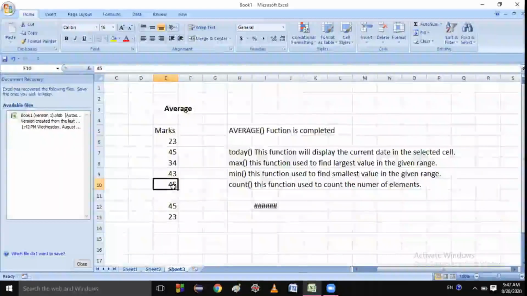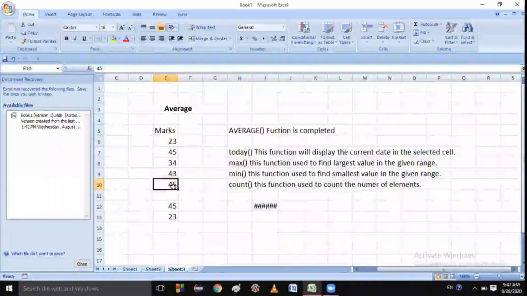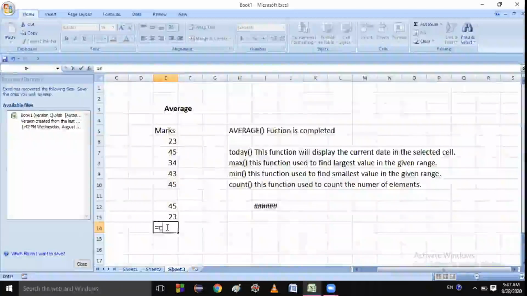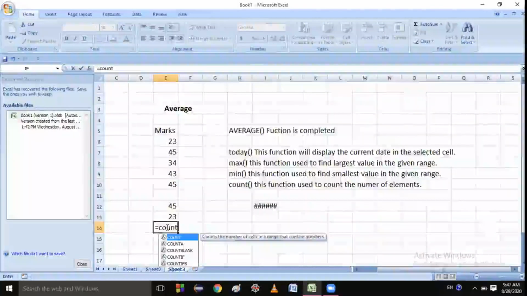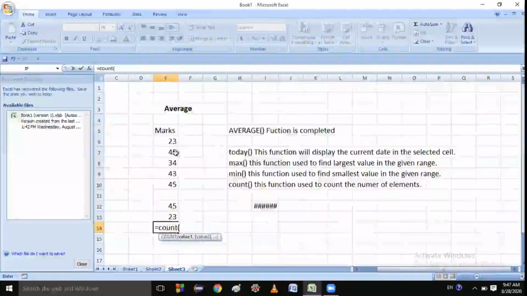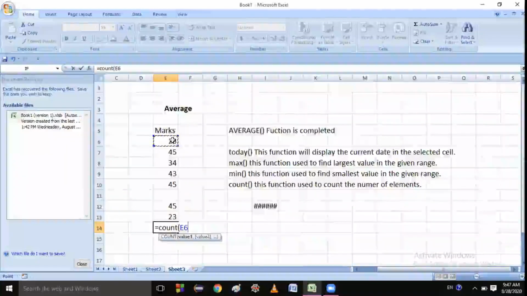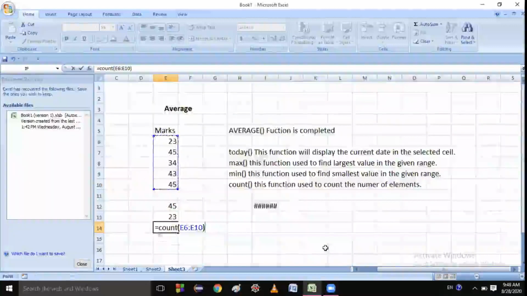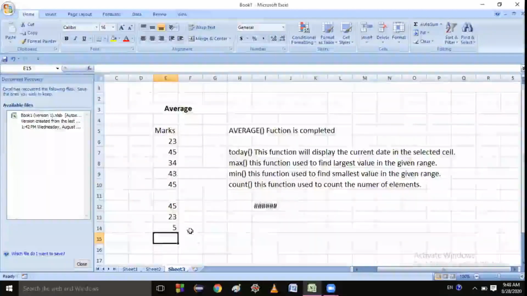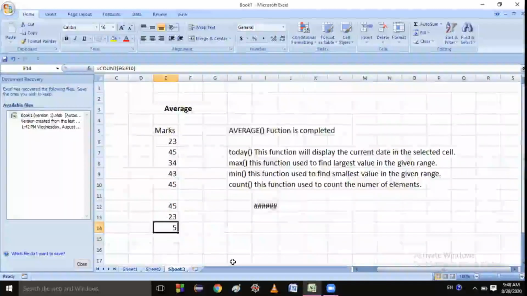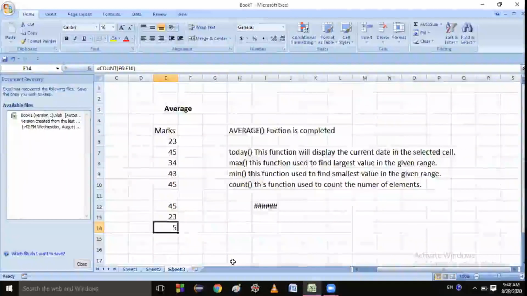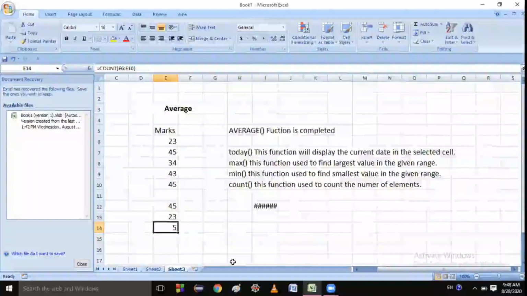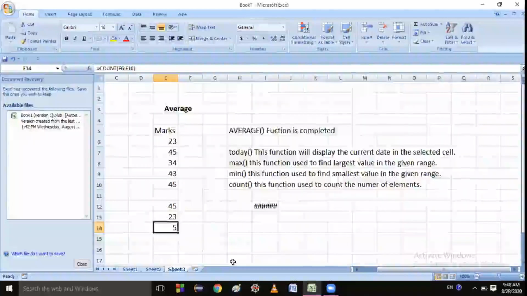How many digits? 5. So if I apply equal to COUNT, and I give the range from this one to this one, press enter, you get 5. Did you get the answer? Yes. So your concept is clearing or not?